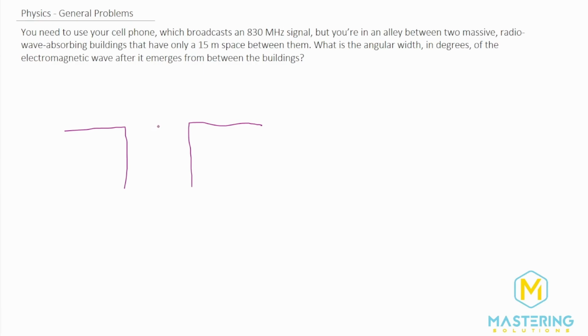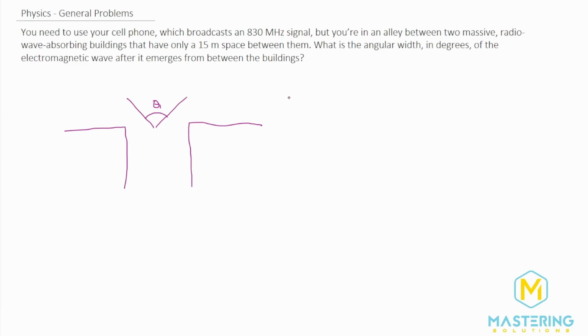Because remember, radio waves are part of the electromagnetic spectrum. Usually we're used to thinking of visible light or ultraviolet light, but radio waves are part of that. So it's technically electromagnetic waves that are traveling at the speed of light. And so they want us to find the angle. So we need to find what this whole width, that angle right there for the question. That's what they're asking for, right?